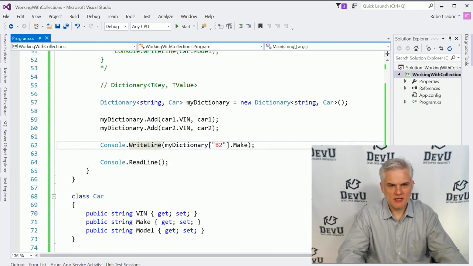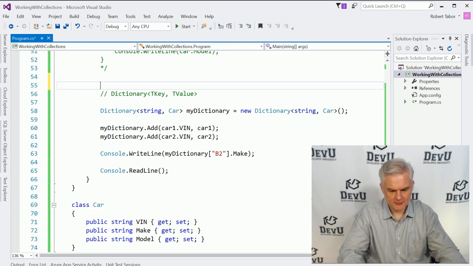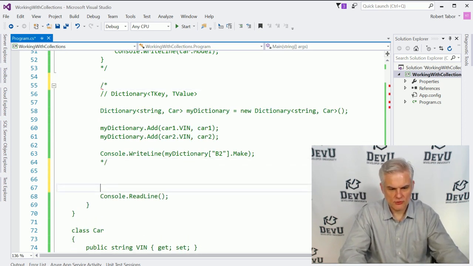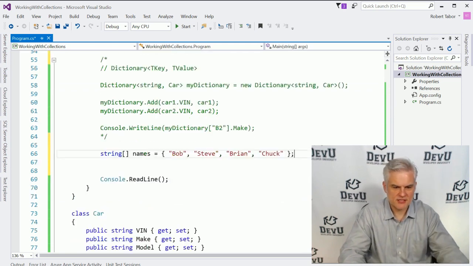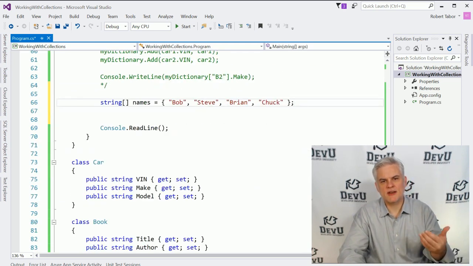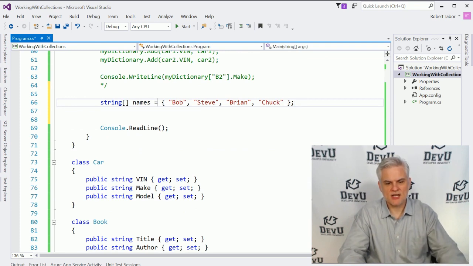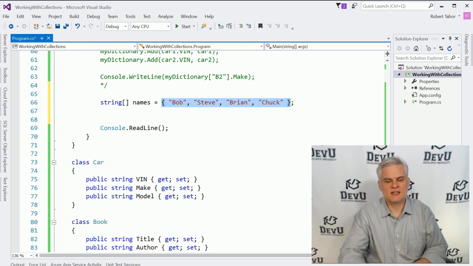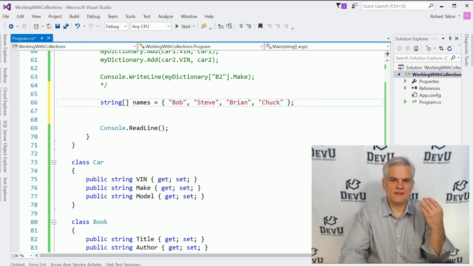Let's continue on. If you recall, when we originally were looking at, and let me comment all this out. We were looking at arrays. I said there's some interesting things you can do to initialize an array with values, like we see here. Here we're creating an array of strings called names, and to initialize it, I give it a collection of names that are comma delimited. And so now I have an array that has 4 elements in it, and it's already been initialized with the